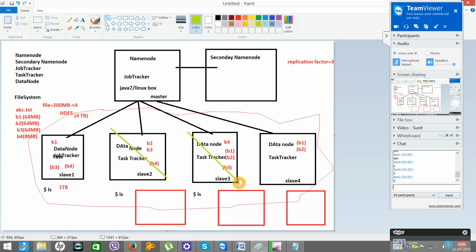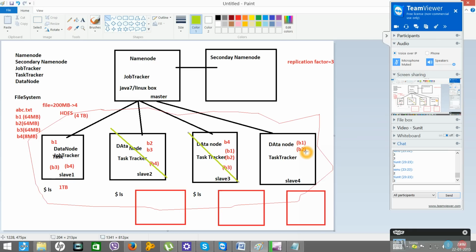How many copies do we have for B1? 2 copies. One copy is here and another copy is here. Okay, but what is your replication factor set to? 3.